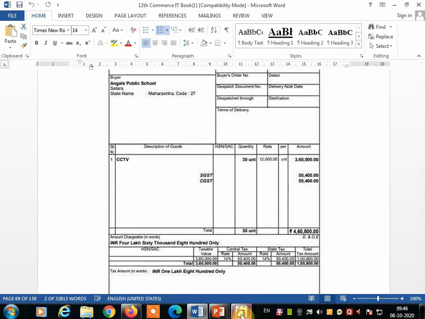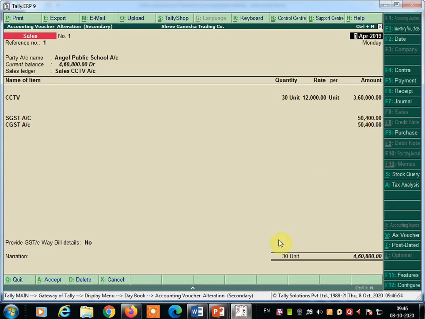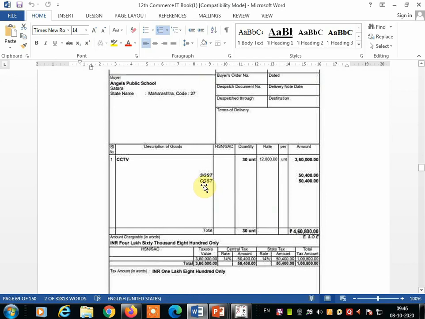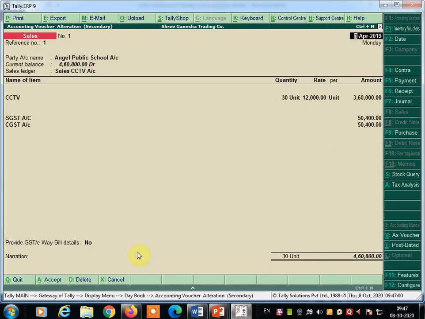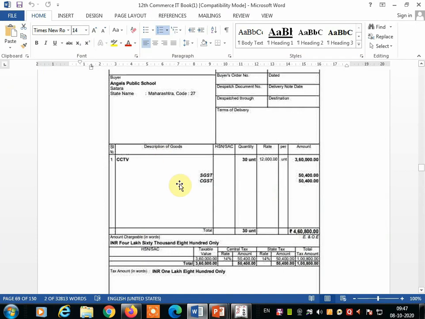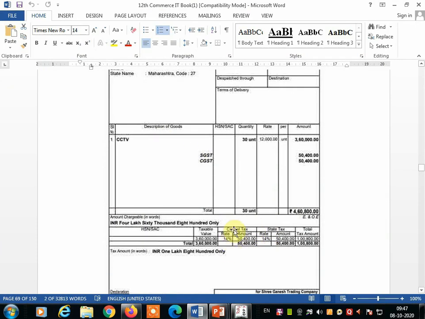Look here, 50,400, and CGST also calculated 50,400. Once you print this, it is classified as central tax 14% and state tax 14%.